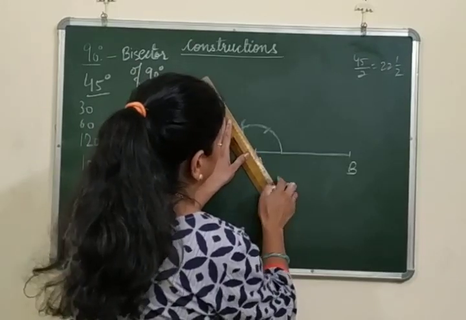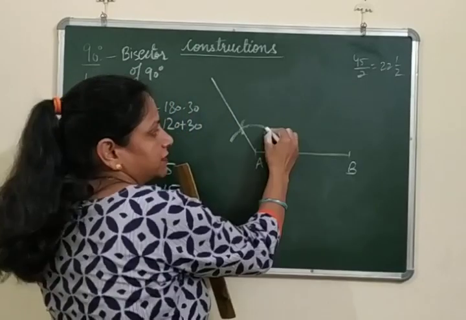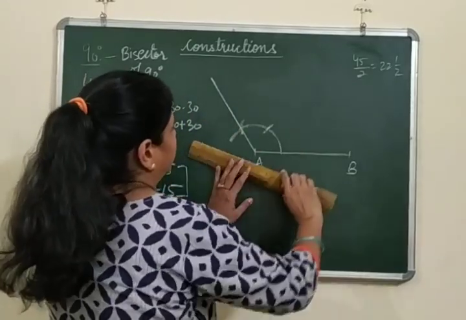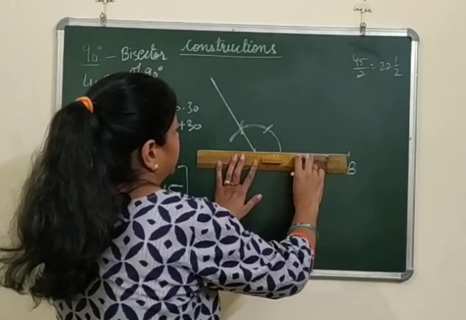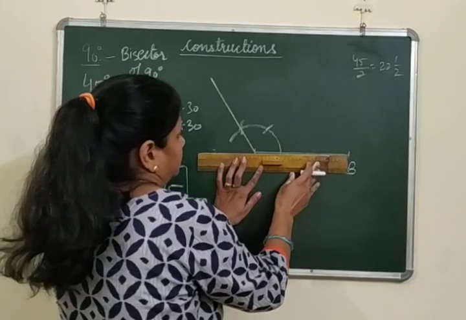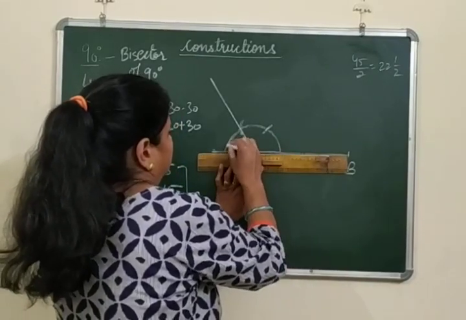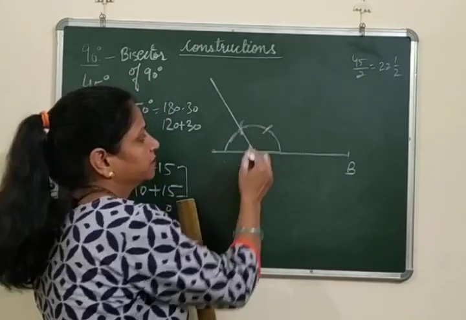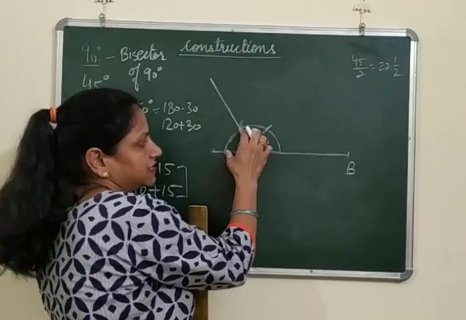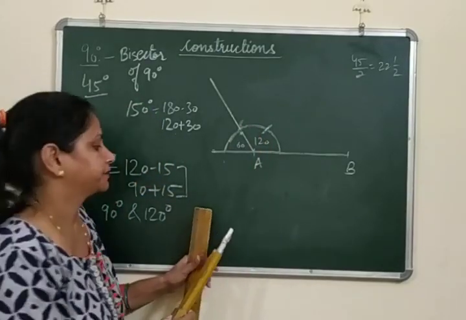Second arc is your, this is 120 degree, and what is this? If you join this, it will be 60 degree. Now you have to extend the line to make the angle bisector. Like this. Now see, this complete angle is 120 degree, this angle is 60 degree. तो अब हमें 60 degree का bisector बनाना होगा. Bisector, now you know how to make.